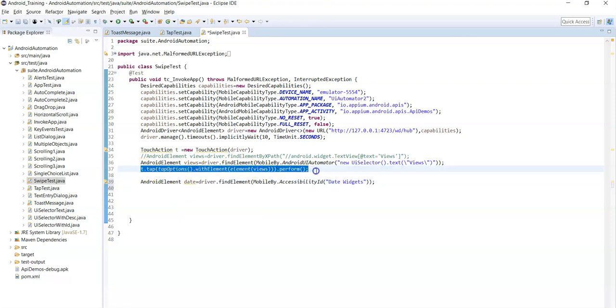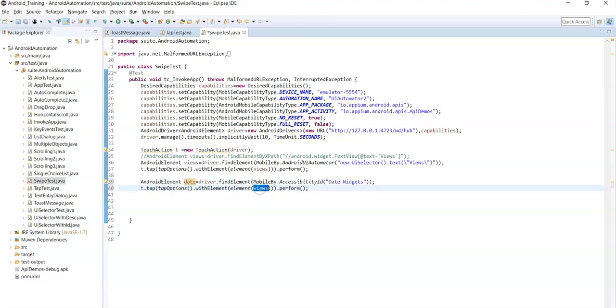Now we need to tap on date widgets, right? So pass the date value. Now we have tapped on date widgets. So here you can use XPath or Android UI Automator. You can use any locator strategy.